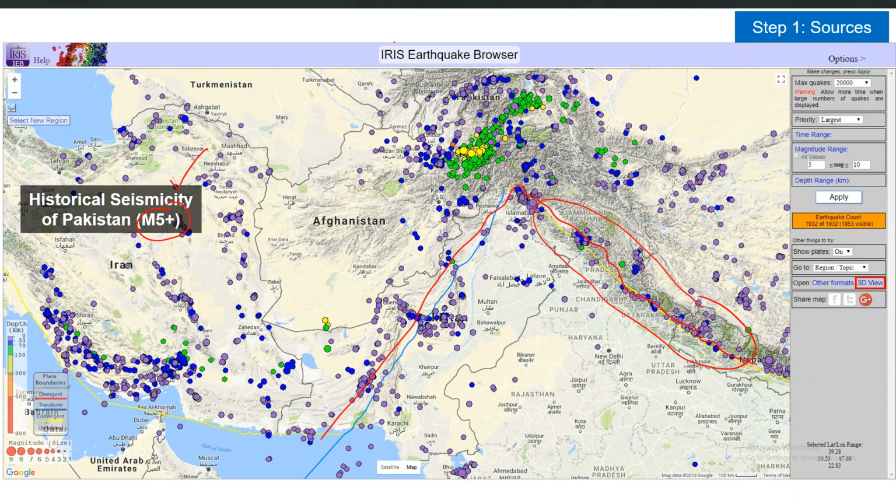So this view is taken from the IRIS earthquake browser. You can access that at www.iris.edu. So this is one of the several useful tools which IRIS provides us for the visualization and analysis of seismic data, and they have a very useful query builder here. So you can set the priority and the maximum earthquakes, the magnitude range, the depth range also, and the view will be different. So you can check different layers which are available in that, and also the visualization of historical data.